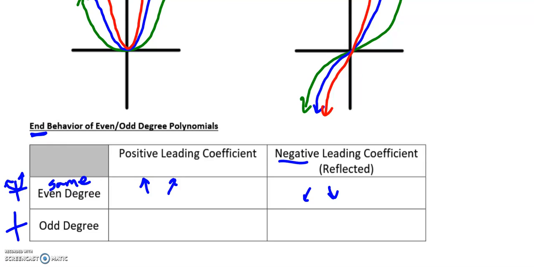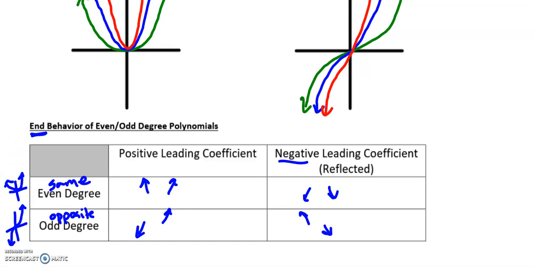When I look at odd, I have my representative graph I like to use, which is cubic. Odd is going to be opposite. One points one direction, for example, down, up, for the normal positive leading coefficient. Up, down, if I reflect it. But the key is I have opposite. So even degree, same; odd, opposite. If you remember your representatives, you can just base everything off of them, because everybody else behaves like those